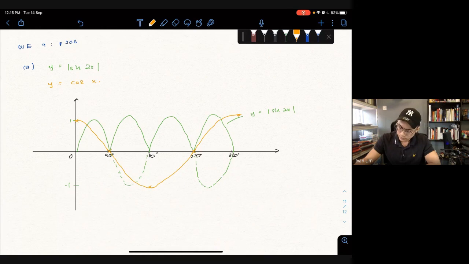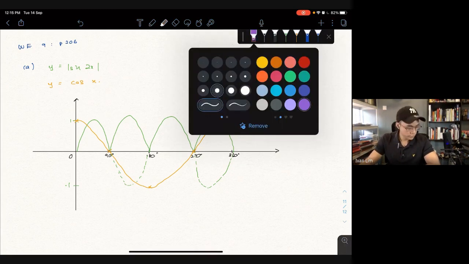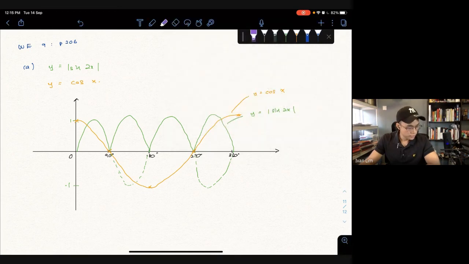Okay, y equals to cos x. Now, what do you want to do? Okay, everyone clear how to draw this? Okay, practice later. Now, state the number of roots of the equation